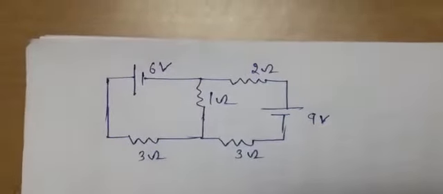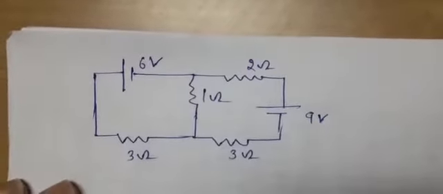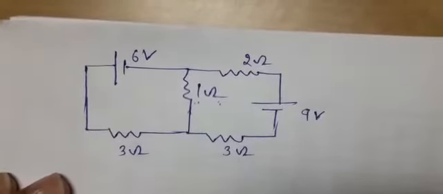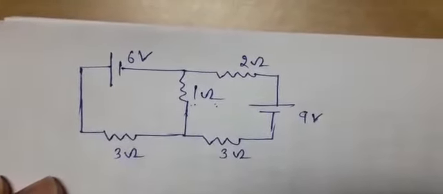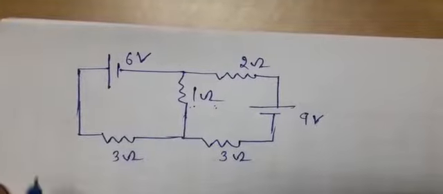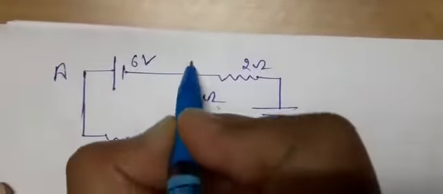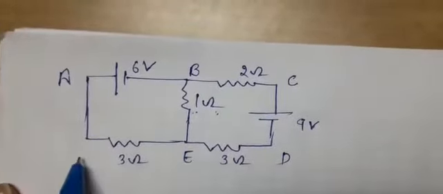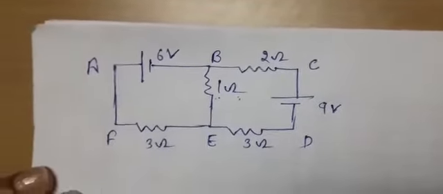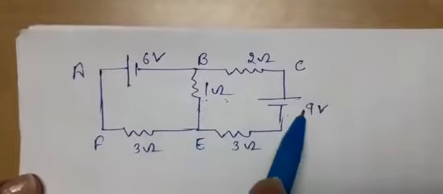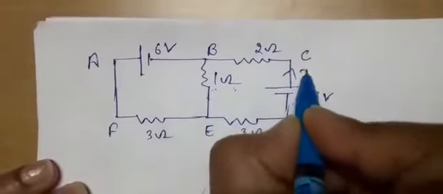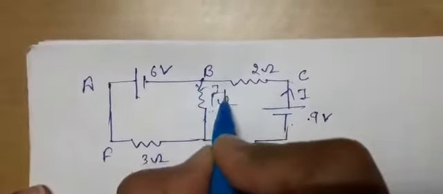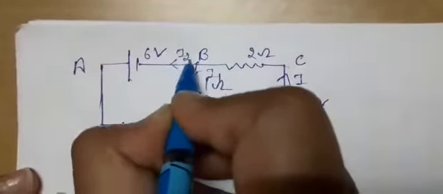Now coming to the next numerical, see here the circuit diagram has been given. Find the current through 1 ohm resistance. We have to find the current through 1 ohm resistance. So again, first point is we will label it A, B, C, D, E, F. Next point, we have two cells, so this will be the main cell, so current I. Here at this point this current is divided. Let this current be I1 and this current be I2.